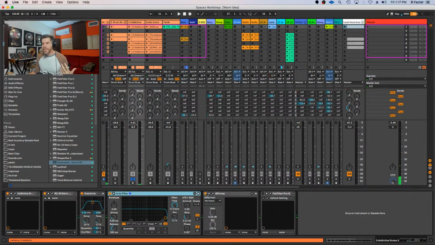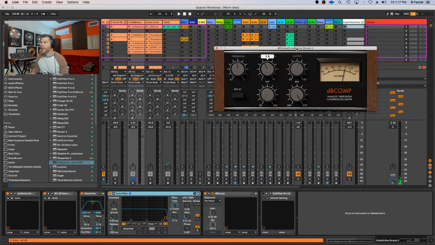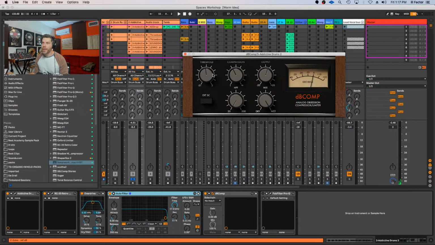let's add some smack to this, just a little bit. And I'm using the Analog Obsession D comp. Lately, I've just been having a lot of issues with my UAD plugins, and I normally use the DB160 plugin, but this has been a great replacement for that, and it's free, so it's pretty good. So we're using this to get some more of that punch back into the drums, and then an EQ afterwards. Now, this EQ is really in the context of the mix, right? So I'm EQing this in context of everything else. Now, what's great is you can have your program drums layered with breakbeats or sample drums.